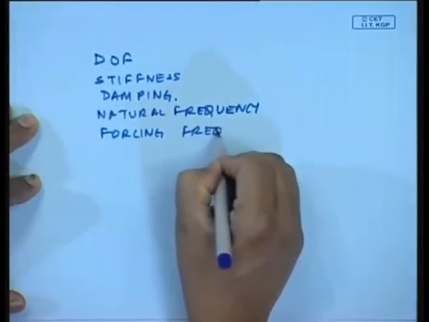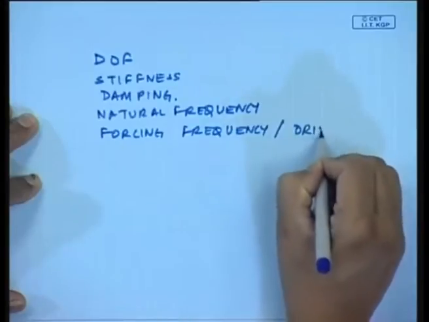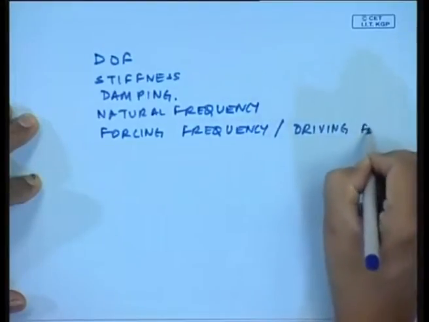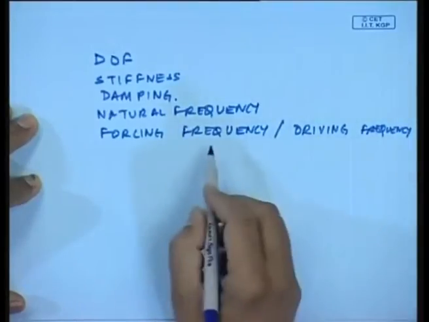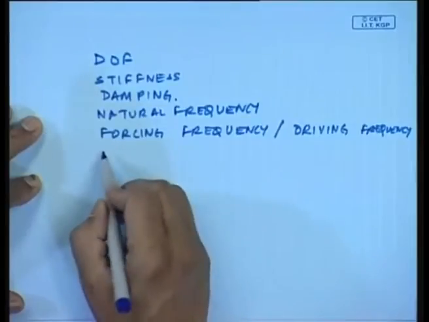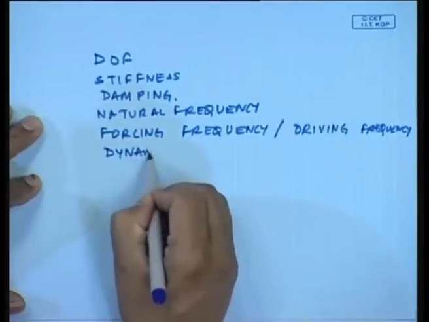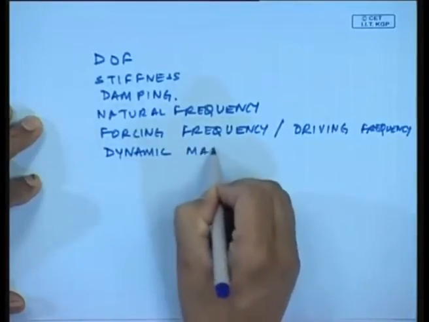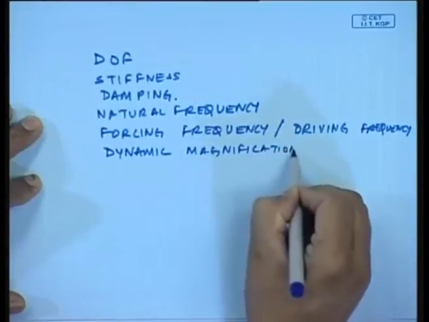Sometimes in some literature people call it the driving frequency, which is nothing but the operational speed of the machine. And then we saw the behavior of the system as given by the dynamic magnification factor,